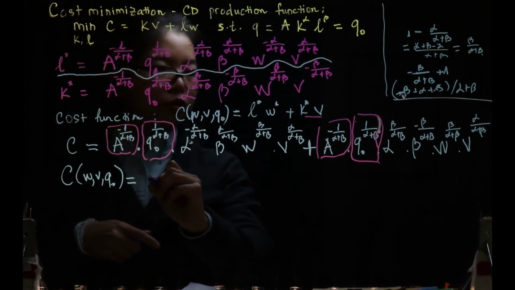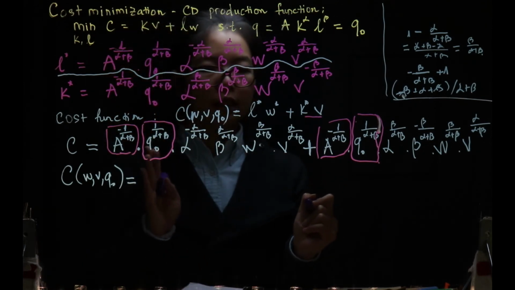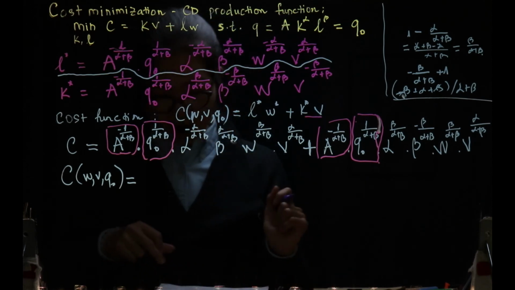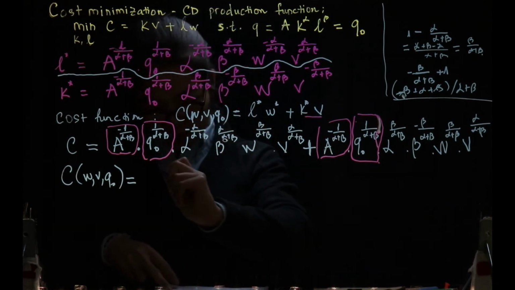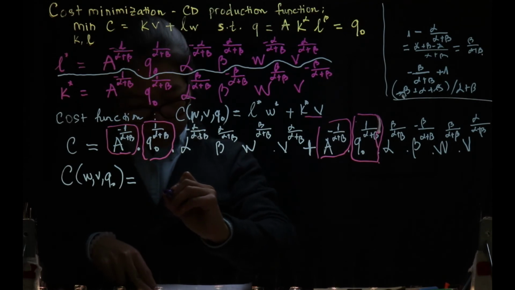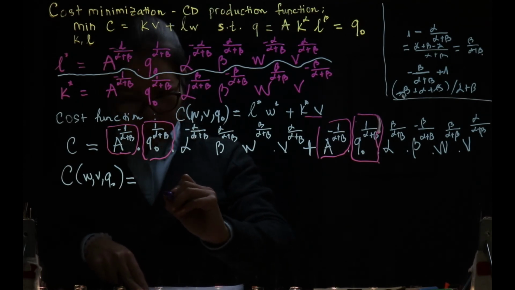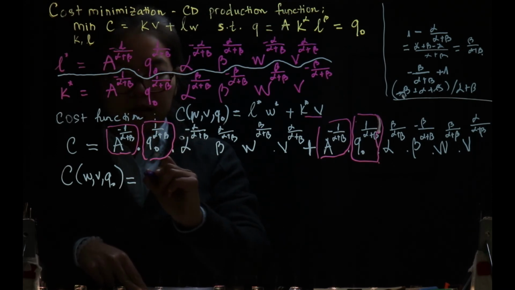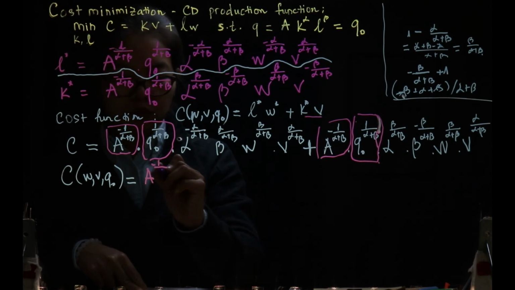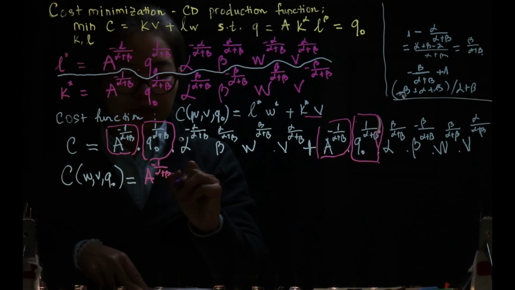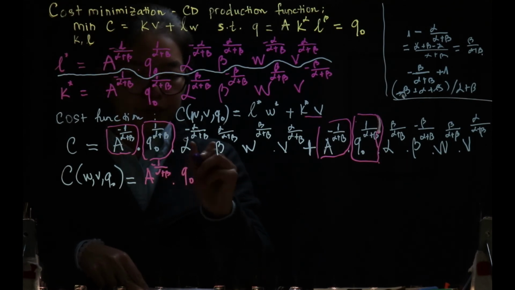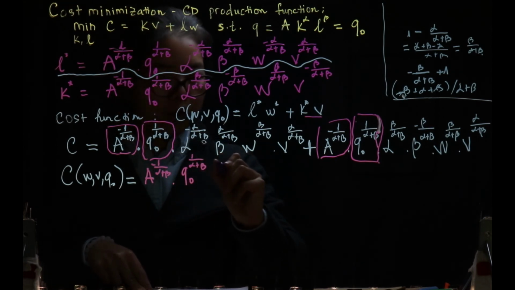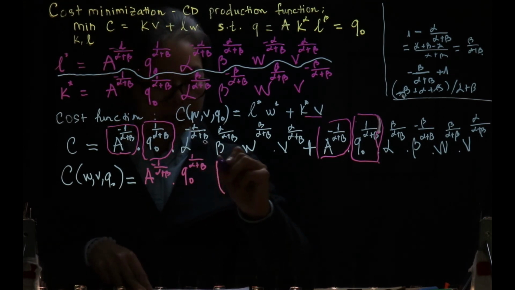Okay, so you could factor out these things already, right? And then we have A to the power of minus 1 over alpha plus beta times Q0 to the power of 1 over alpha plus beta. What we still have in the bracket